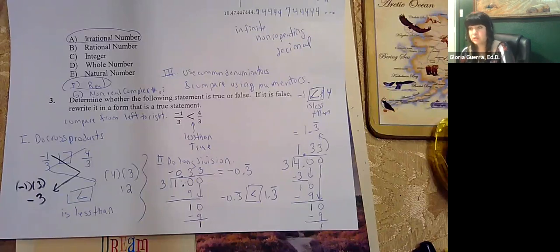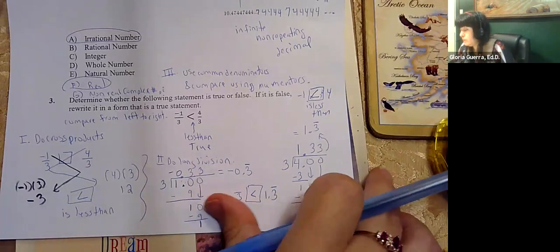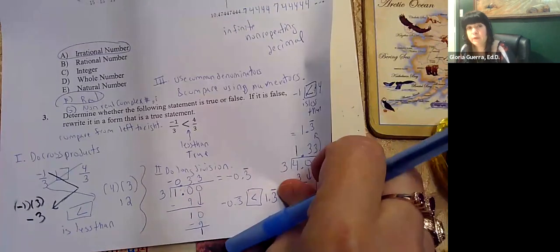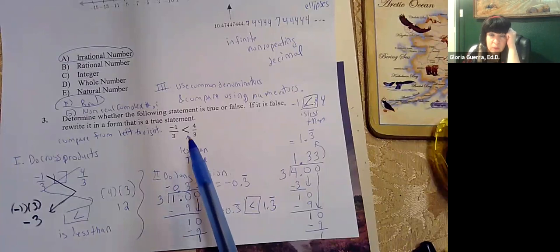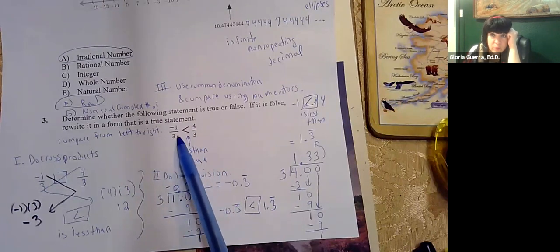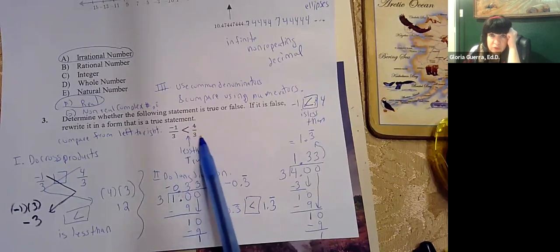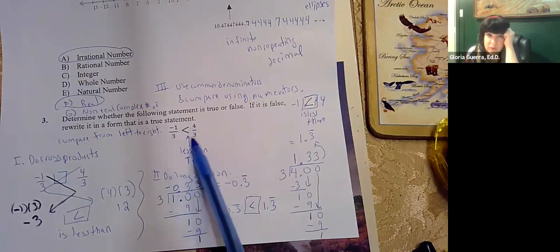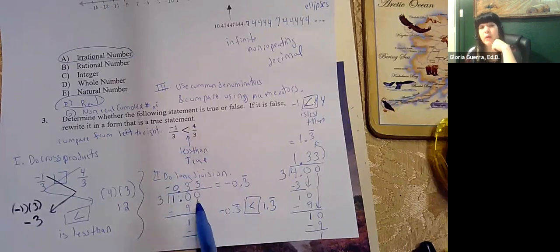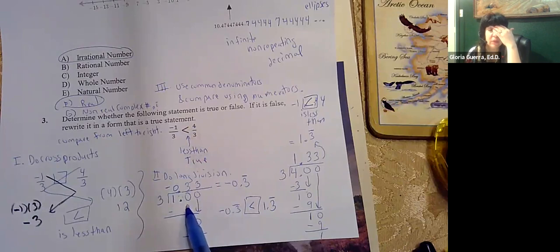Okay, let's go to the next page. That was 22. Let's go to 23. The other thing I was going to say is that when we take our tests, you definitely will have a problem like this, but either they're going to both be negatives, 2 negative fractions, or they're both going to be positives. But you will have something like this where, if you're going to show your work by finding the size of these